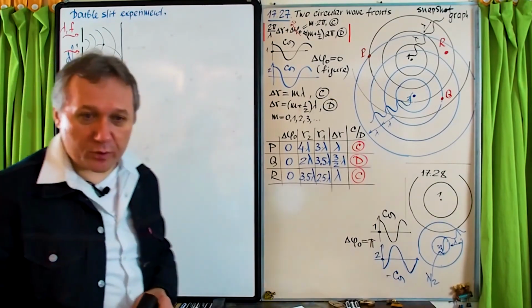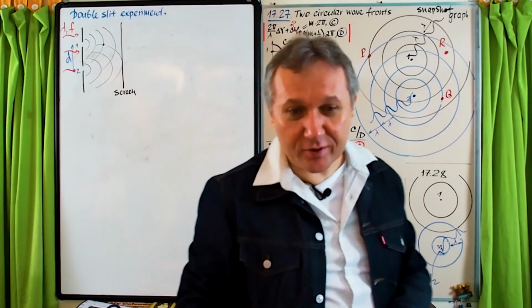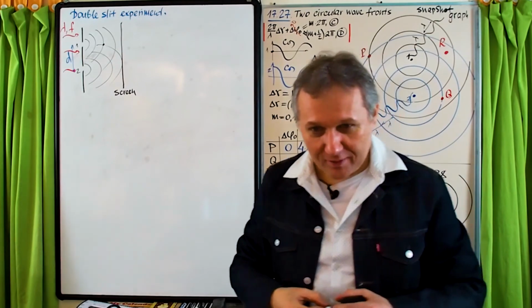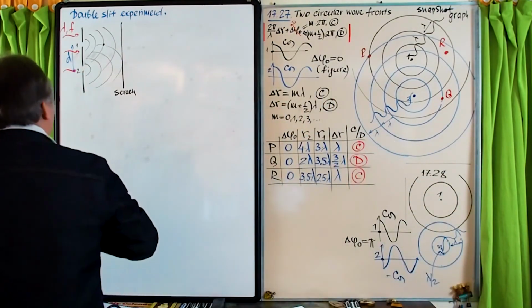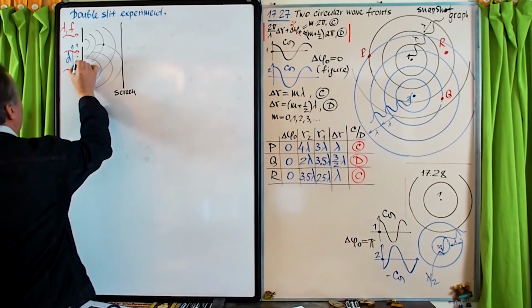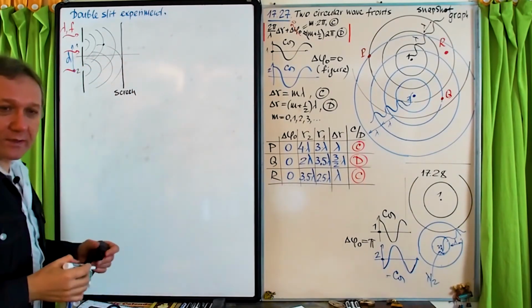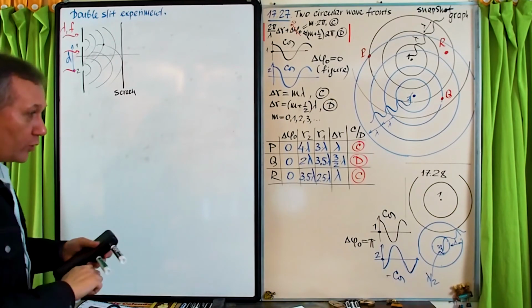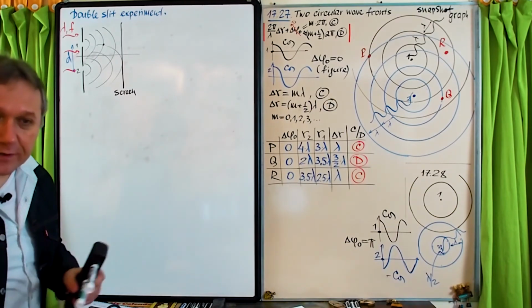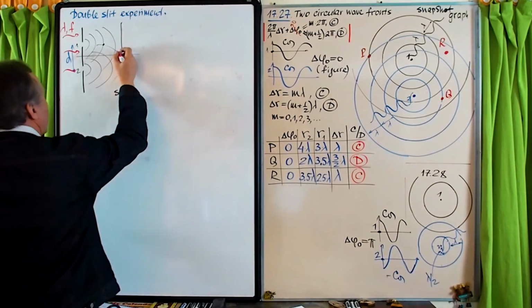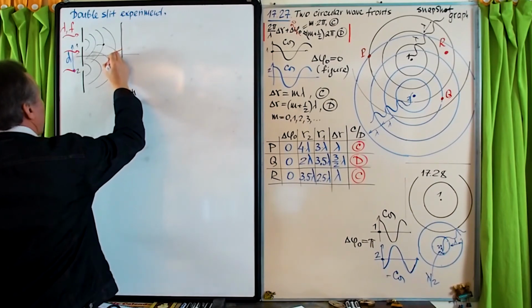And in order to observe those bright and dark spots on the screen, we can draw the center of the system. On the screen you're going to see what is called interference fringes. At the center of the screen all the time you're going to have a bright spot,